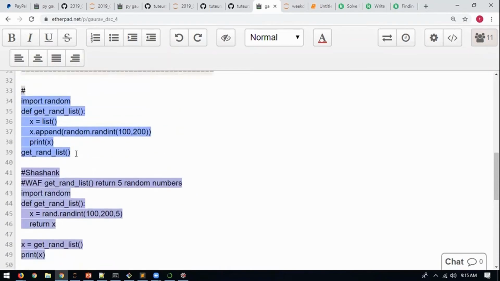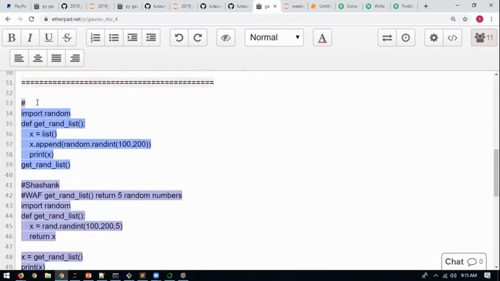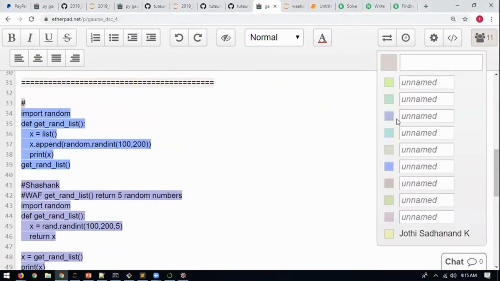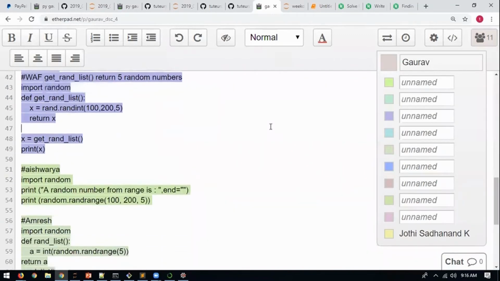One, two, three, four. Whose code is the first one? If you want, you can set colors also there. Put your name also there in the corner. When you hover over that, you will see the name also. It says unknown author. I would suggest people write their name.